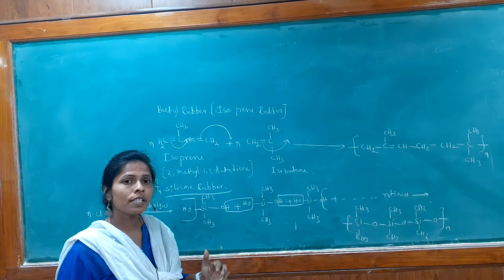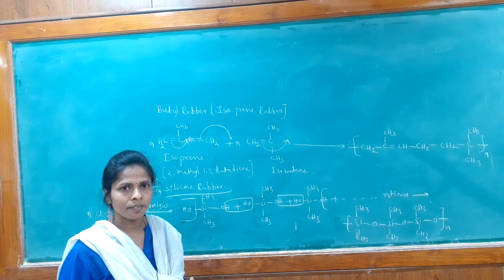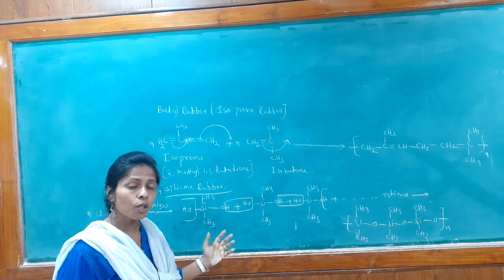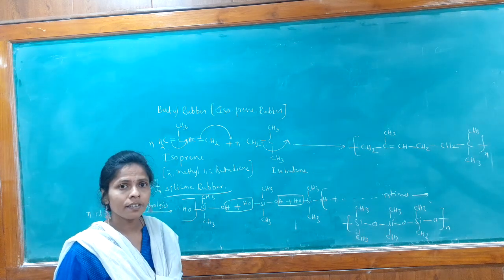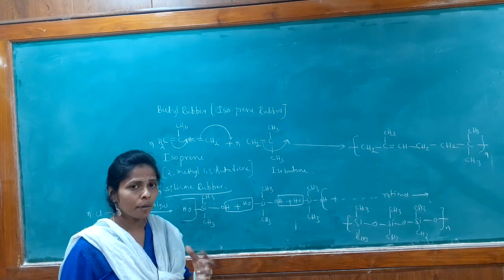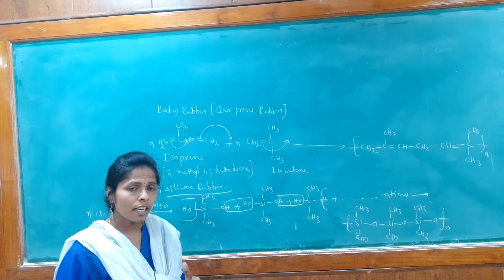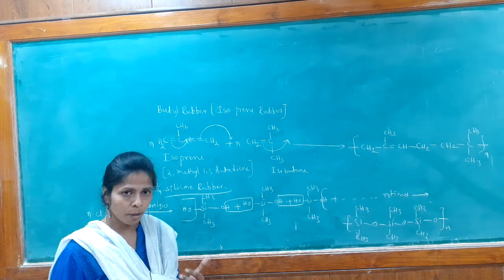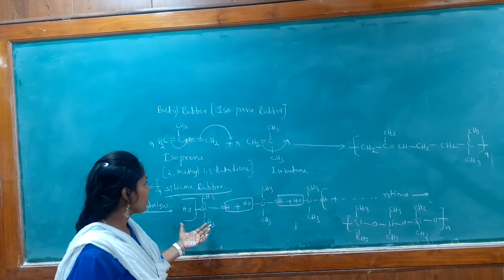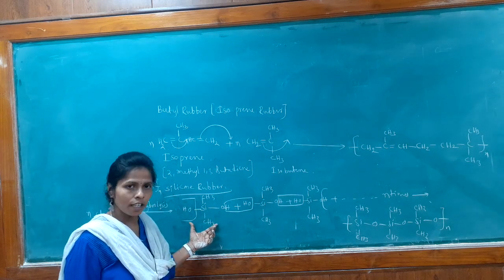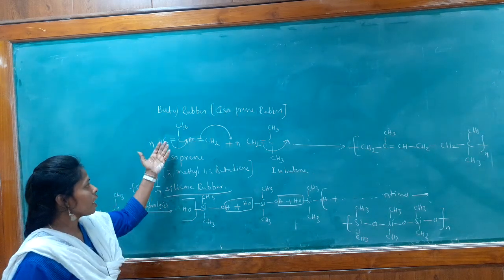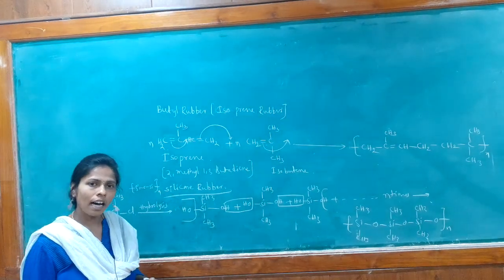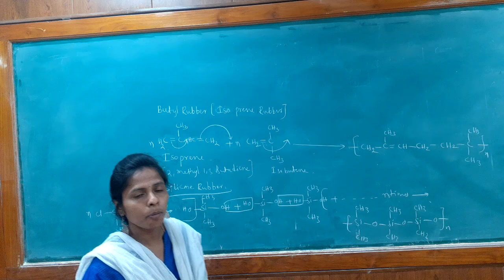And next we are using it in the lubricants, and it is also used in the paints. So we are mixing the silicone rubber in the paints. When we mix the silicone rubber in the paints, it will give more water repellent nature. Yes. So these are the main applications of the silicone rubber. So that is butyl rubber and the silicone rubber. Now let us see the last topic, that is biodegradable polymers.